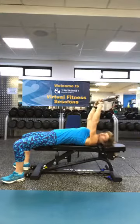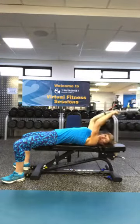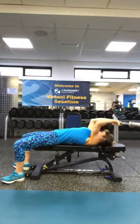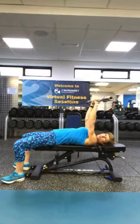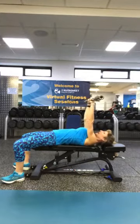Triceps, smallest muscle group in the body, doesn't get enough attention, does it? Let's keep going. You got 4 more. Now you're working the biceps as well, so don't worry about that. 3,